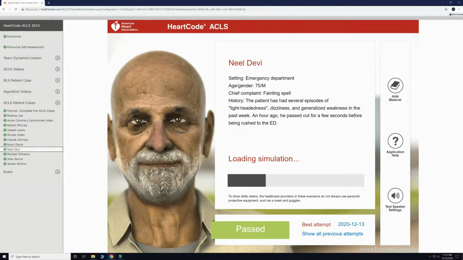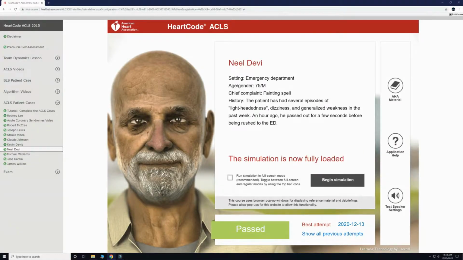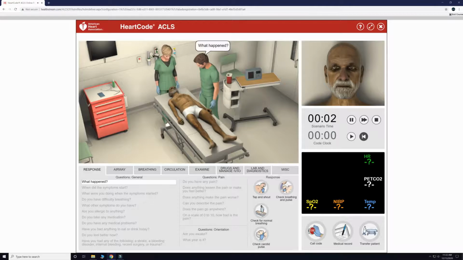Welcome back. Today we have Neel Devi, who is a 75-year-old male who is complaining of fainting, dizziness, general weakness over the last week and passed out about an hour ago before coming to the ER. So let's get started. As always, we want to perform a focus interview with our patients on why they are